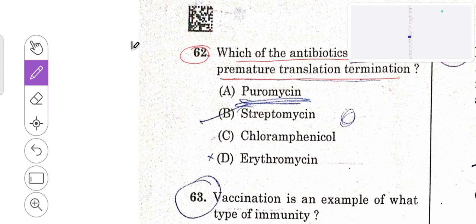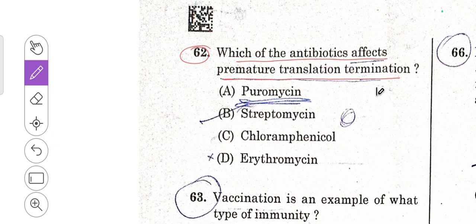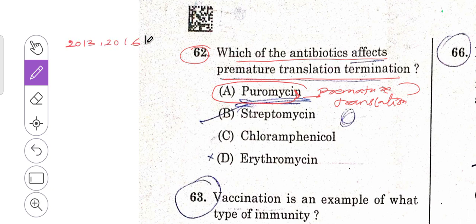So this antibiotic affects premature translation termination. That is, the puromycin will affect this premature translation termination. So many questions are asked from the same topic in the 2013-2016 question papers, where